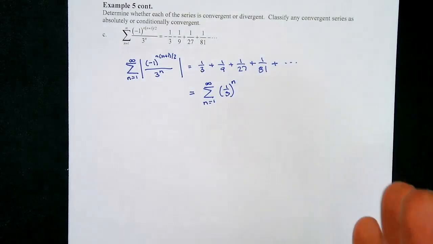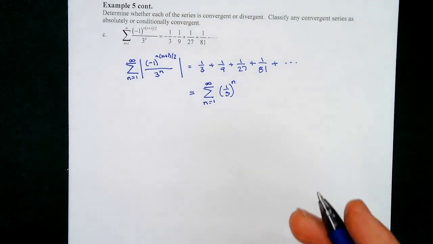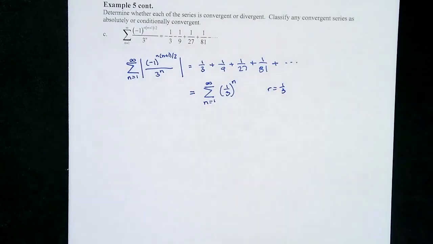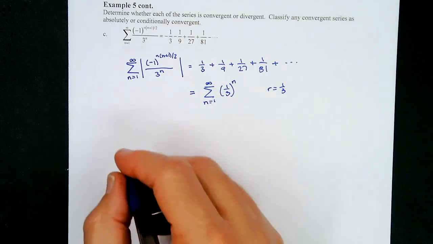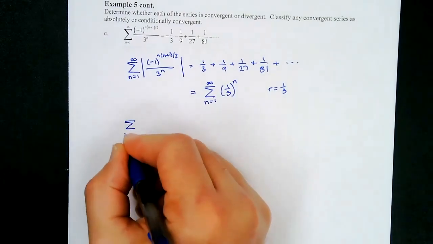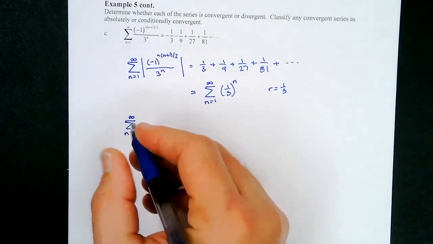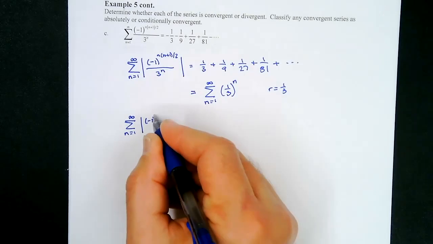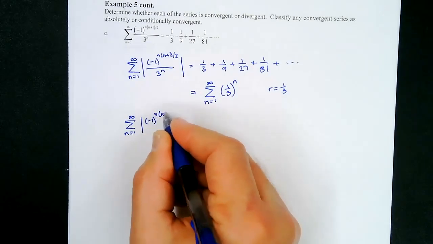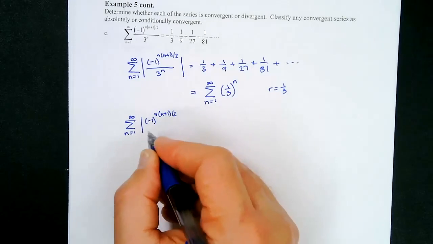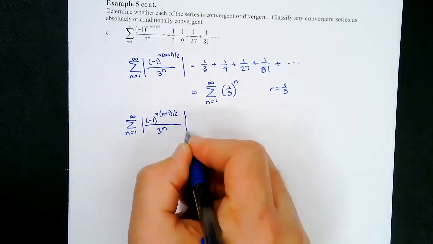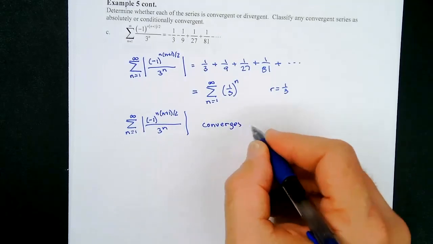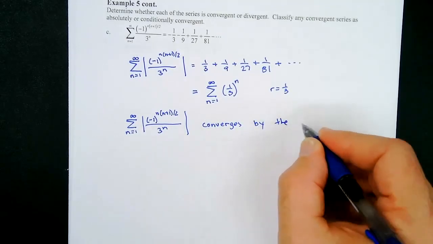Well, this is a geometric series, and because r equals 1/3, which is between -1 and 1, we know that the sum from n equals 1 to infinity of the absolute value of -1 raised to the n times n plus 1 divided by 2, over 3 to the n, converges by the geometric